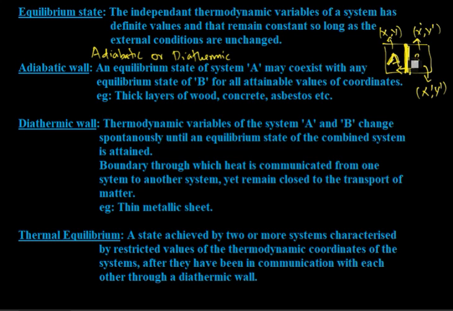So if a wall is adiabatic, then the system A does not know the changes in the state of B, which means that this adiabatic wall prevents the two systems from communicating with each other. There is no way of communication between the two systems A and B if they are separated by an adiabatic wall. Now, if you consider the other type of boundary, which is called the diathermic wall,